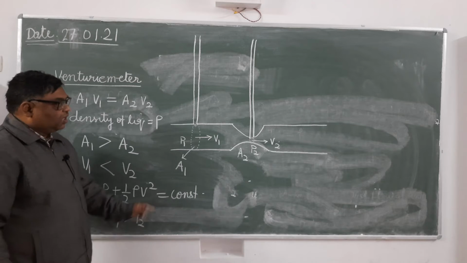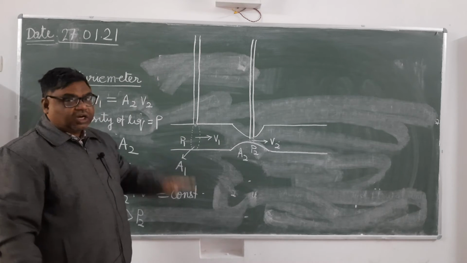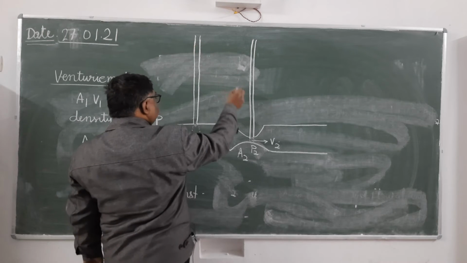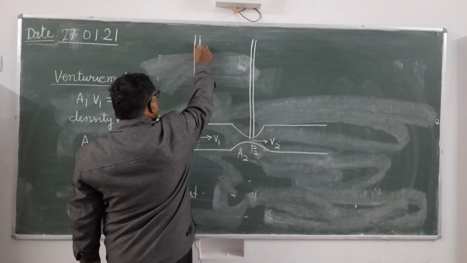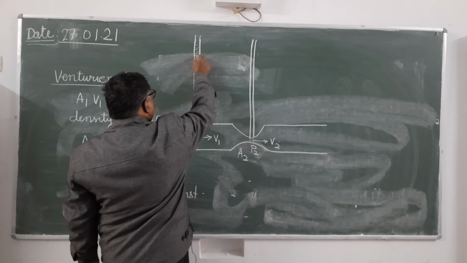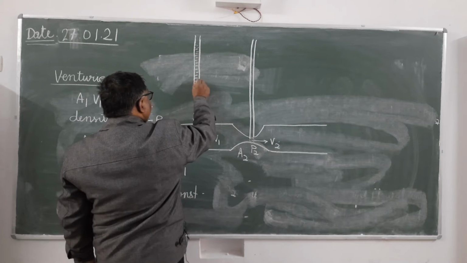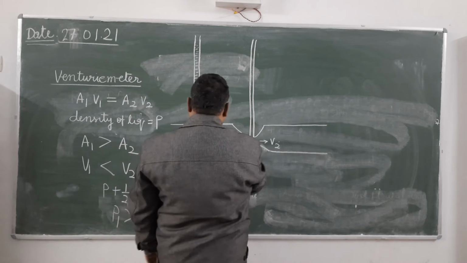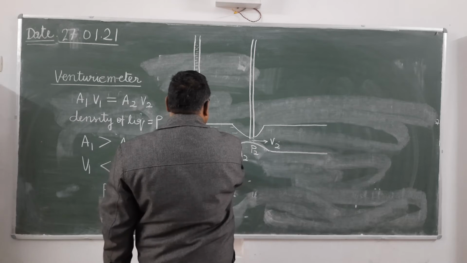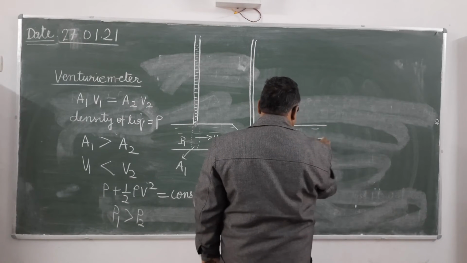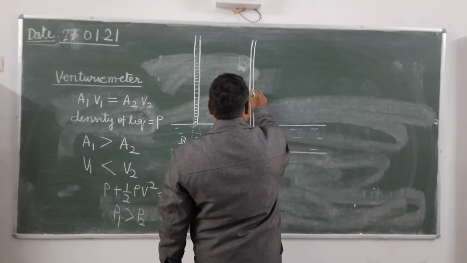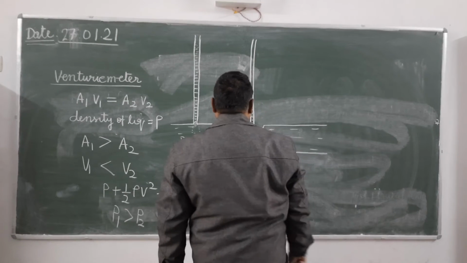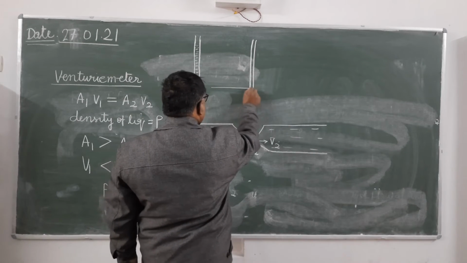So what will happen? Here water will rise up to the greater height in this capillary tube, a hollow tube of very small diameter. While here also there is water, water is flowing here. It's clear. Here water will rise only up to a smaller height.